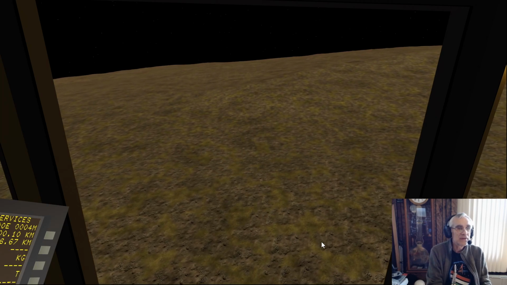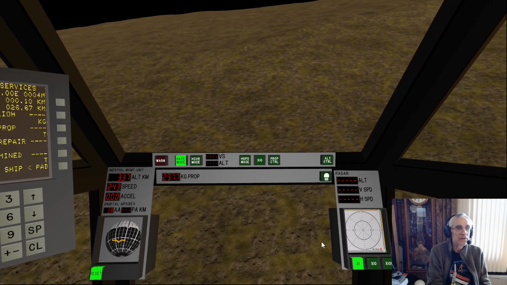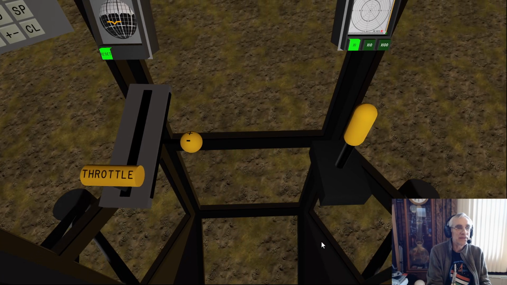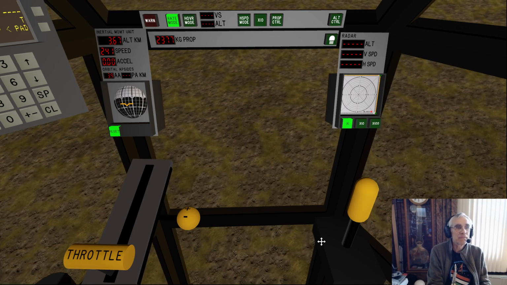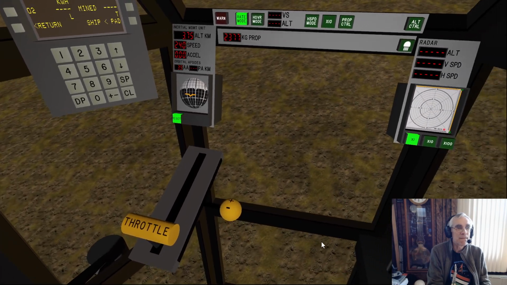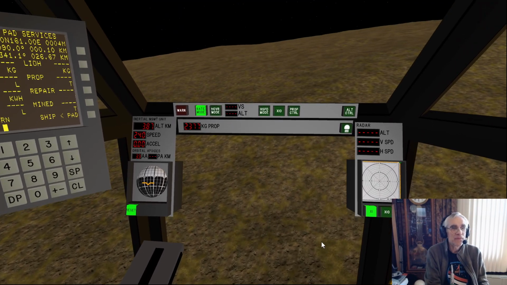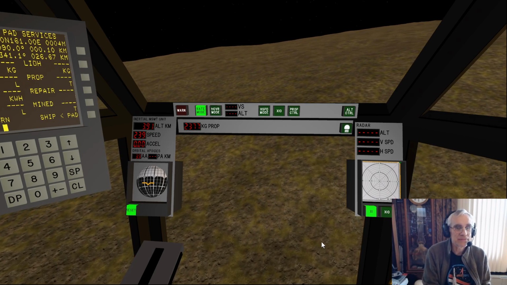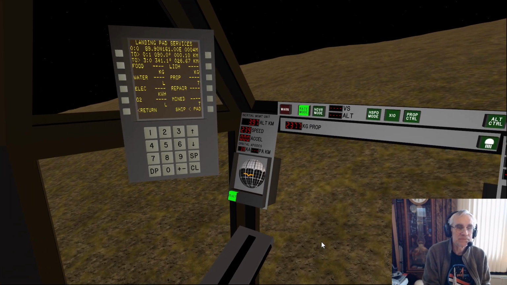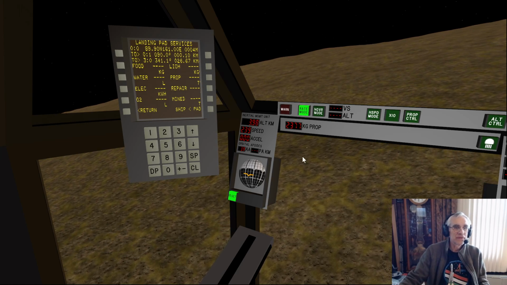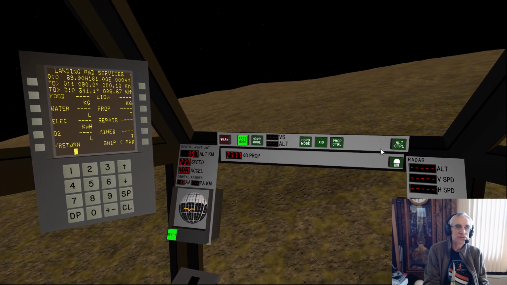And I'm going to try to keep my eyes peeled for a landing pad somewhere up here. Challenge to try to land upon it. Oh, I see one. Right about there. There's another one. Okay. I think we're going to overshoot those.